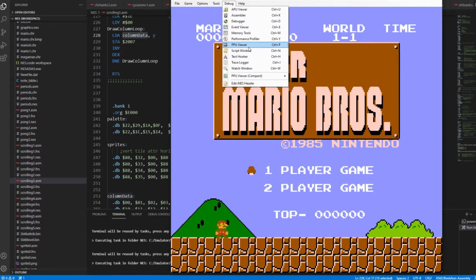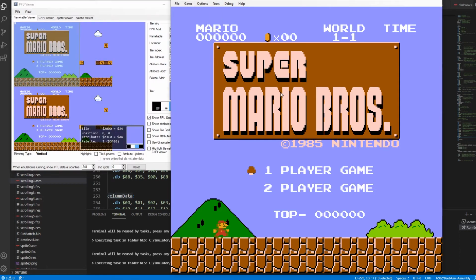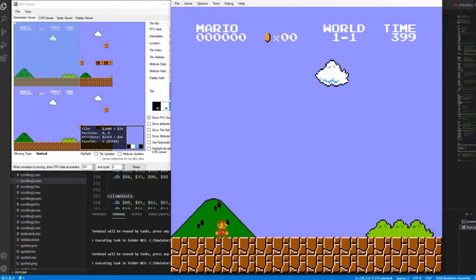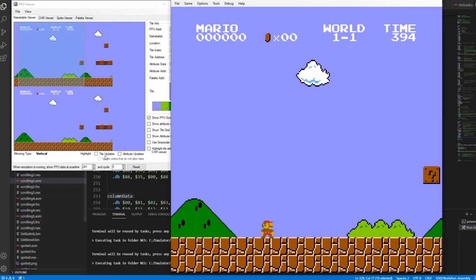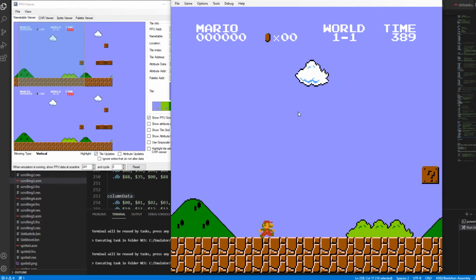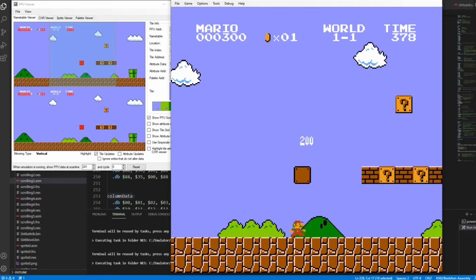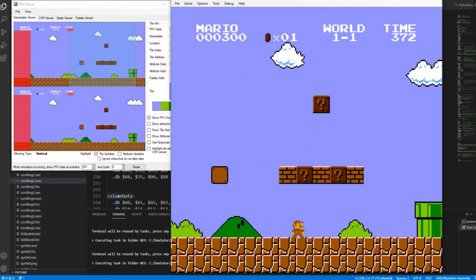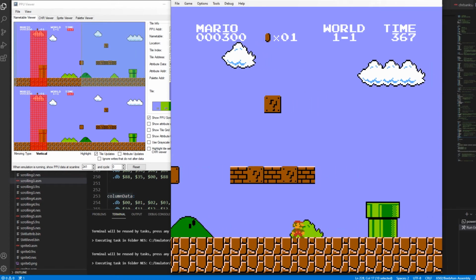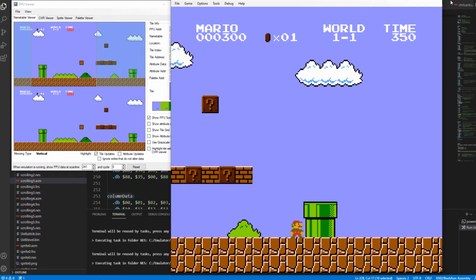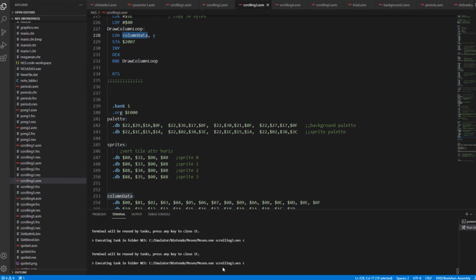So let me go to the PPU viewer and run this over here. Okay, let me highlight tile updaters. So as you see, it's a little bit off the screen as I pause. It's going a little bit, then I pause a little bit. So it's a bit of a buffer, I'm assuming. It makes this transition a little bit better and less jaggy, if you notice. But that is